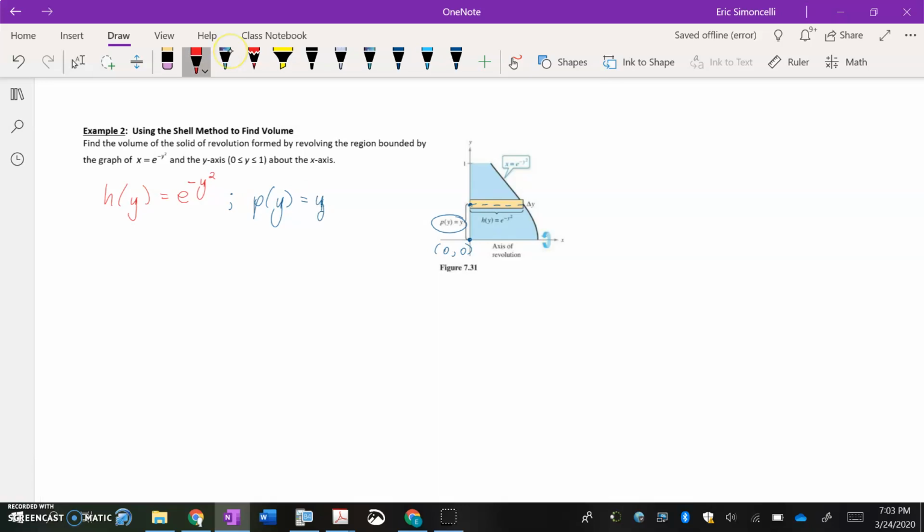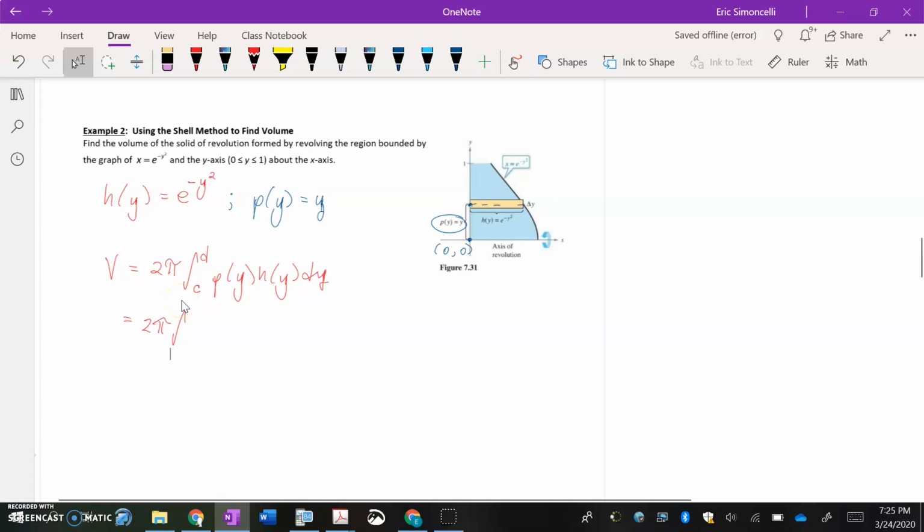So as far as our integral, yet again, we're going to use V equals 2 pi because this is a shell. The integral from c to d. If they used e in the formula up above, I might go back and change that. So it should be c. Integral from c to d of p of y, h of y, dy. So let's start plugging some things in here. So we've got 2 pi times the integral